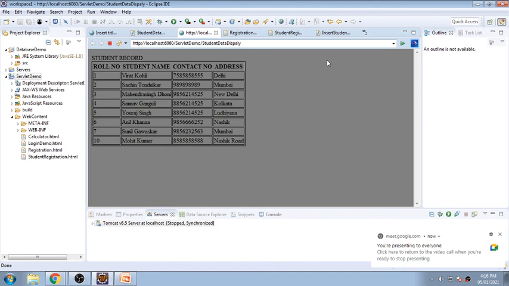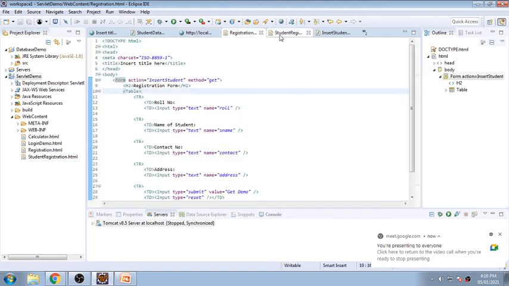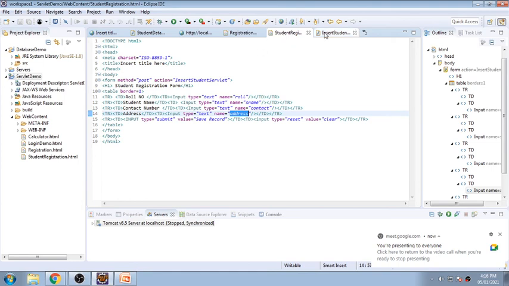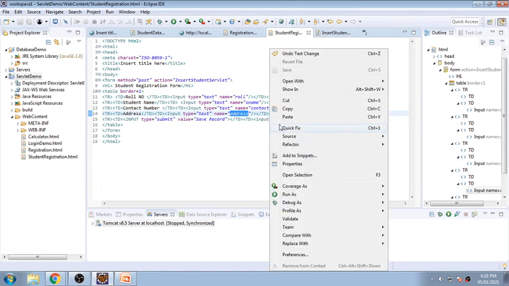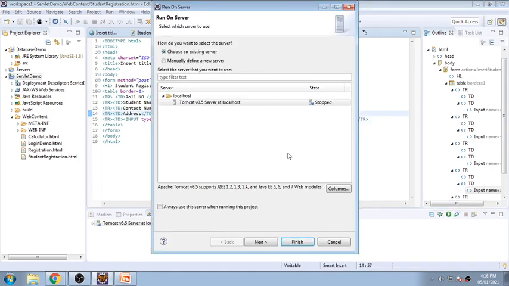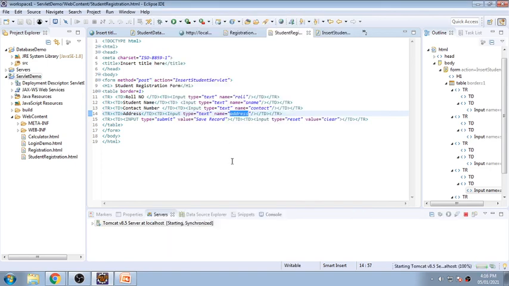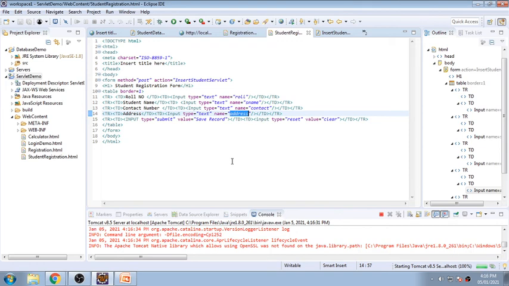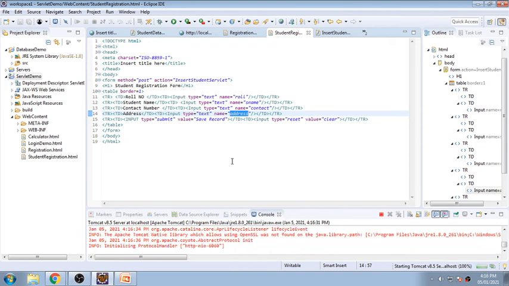Closing this part. We already have one program over here. We'll click on registration, the student registration form, right click, run, finish. Then I will enter roll number 20, and some record will be inserted into that.